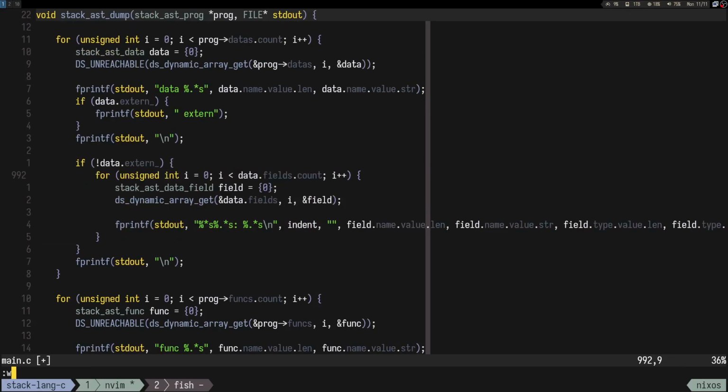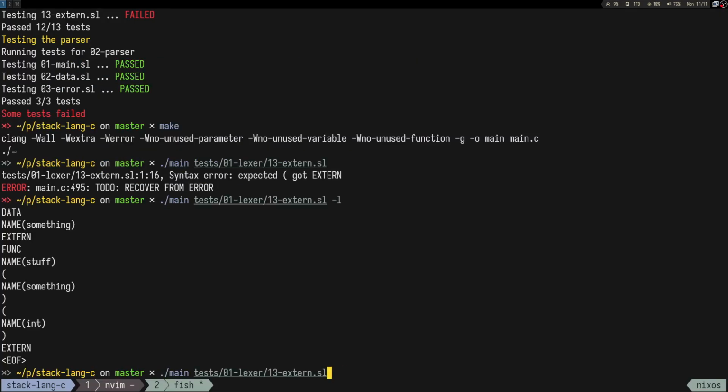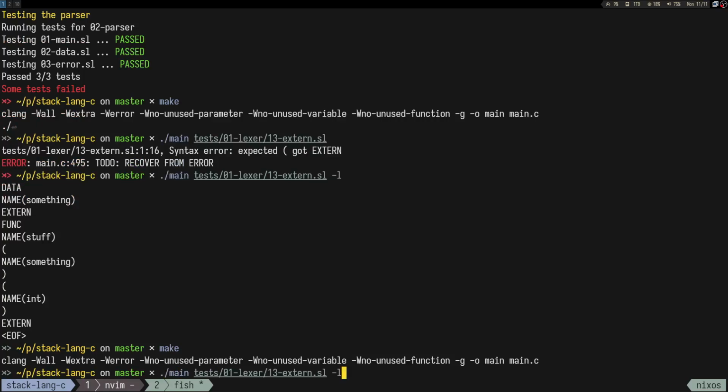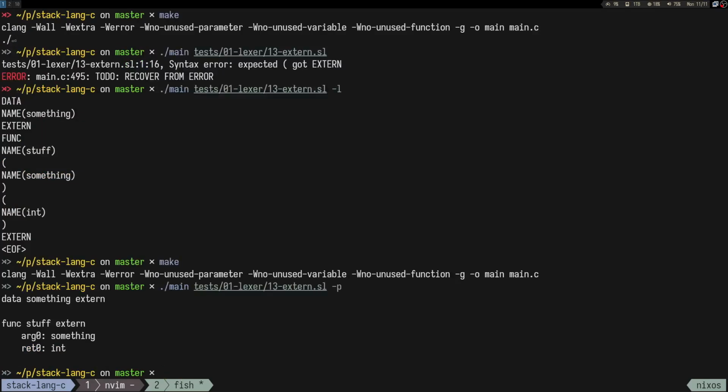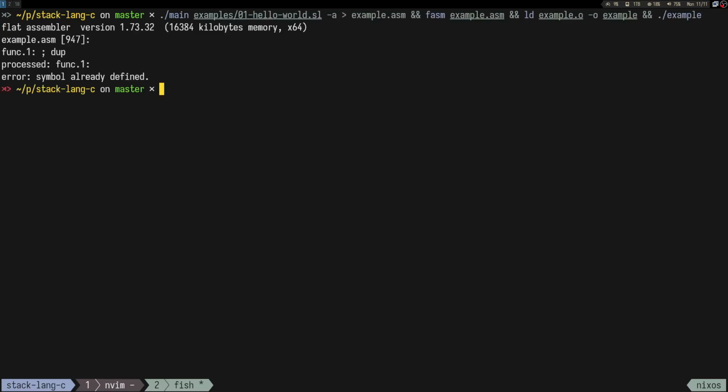Right, so now if we try to run make and we try to parse this thing, we can see that data and function are external. That's okay, I guess. If we run main on examples 0 1, is it still gonna, yeah, it's not really gonna work because it's gonna say, oh, symbol is already defined. So the next step